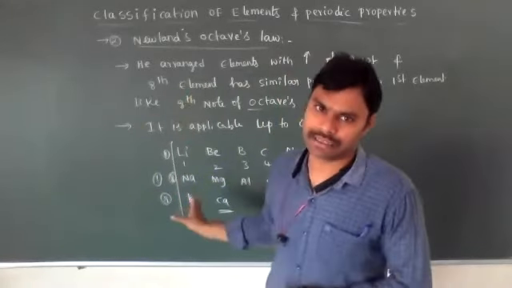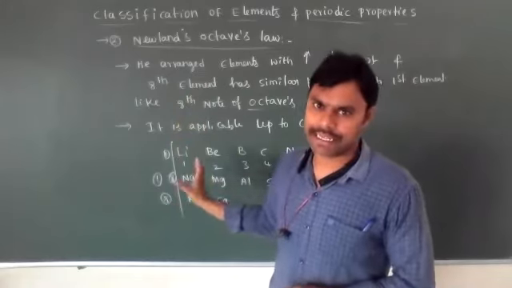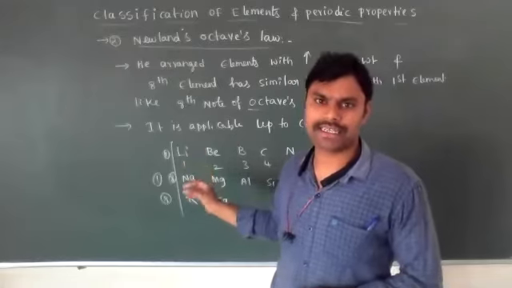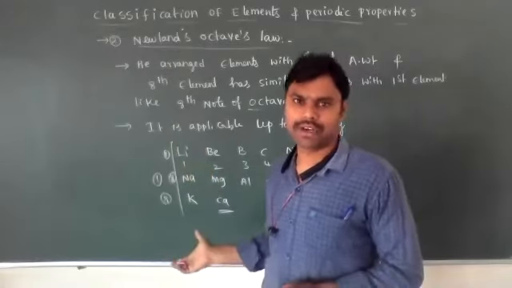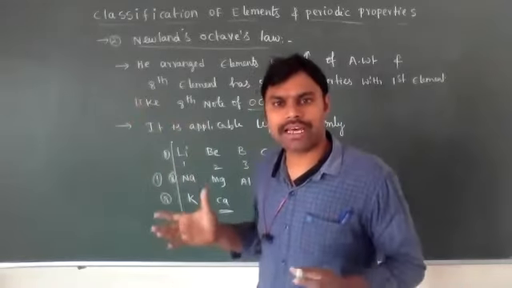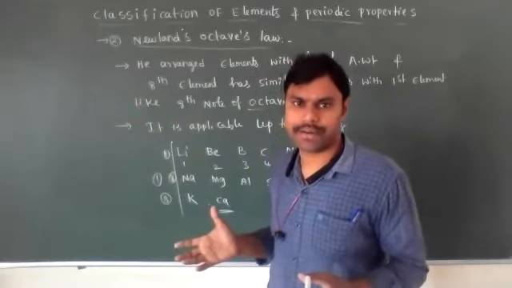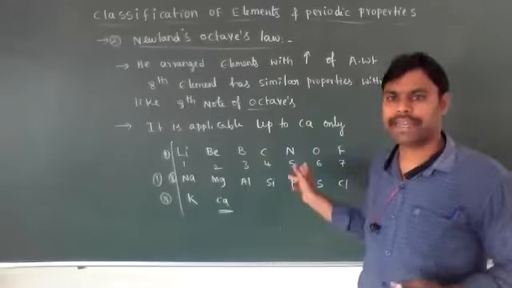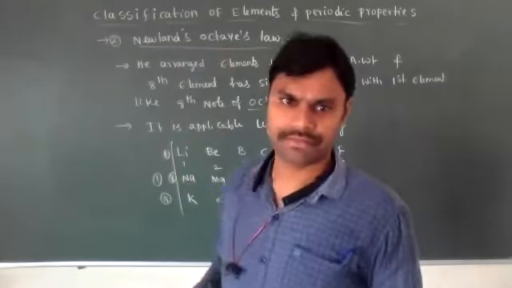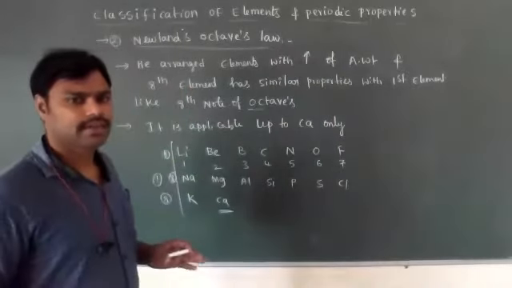Means the outermost shell contains a similar number of electrons. That's why the elements in one particular group all have the same number of valence electrons, and that's why they have similar chemical properties. Group is also called a family. Family means they have similar qualities. Compared to that, a period is not a family. Group is called the family only. Understood?